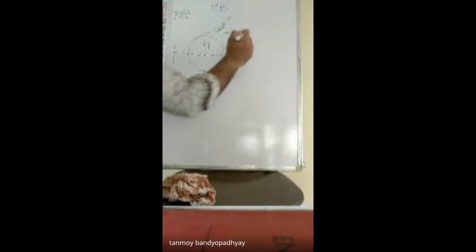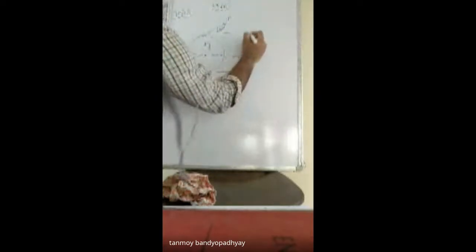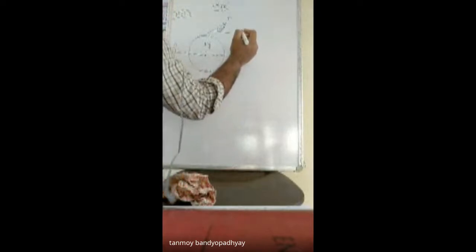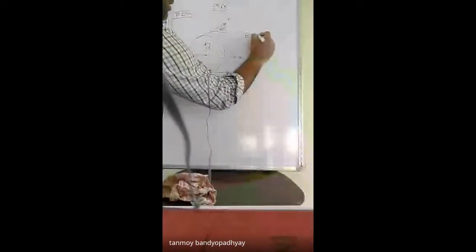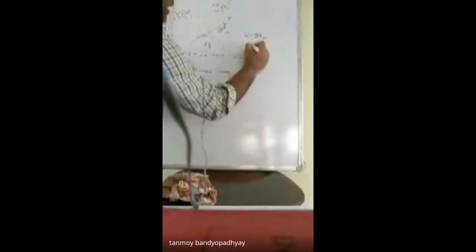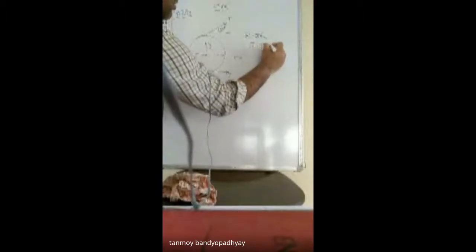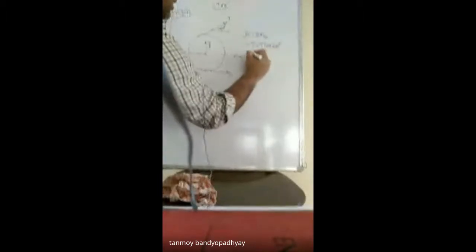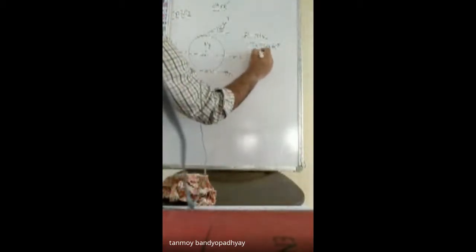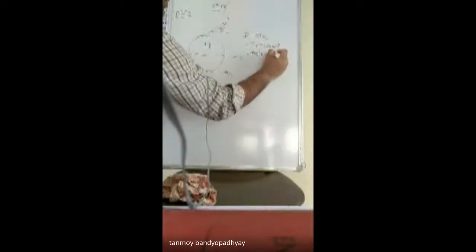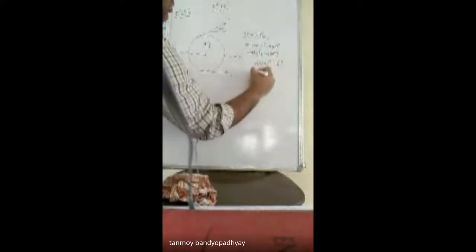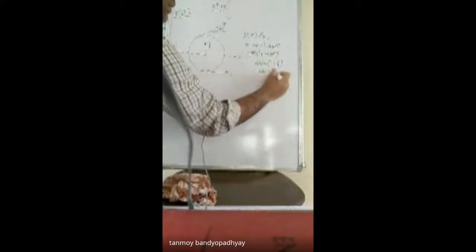Let capital R be the resultant force acting on the pulley. So R will be equal to sigma Fx. So what are the forces acting in the x direction? That will be T plus T cos 60 degree. T is given to be 400. So 400 into 1 plus cos 60. Cos 60 is 1 by 2, so 400 into 1 plus half. So 400 into 3 by 2.